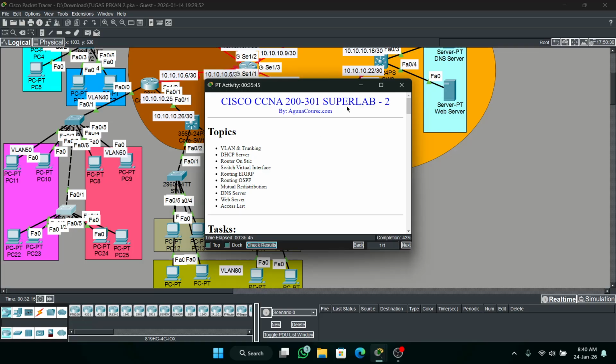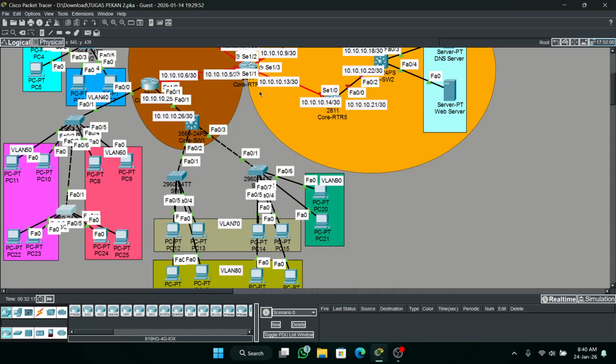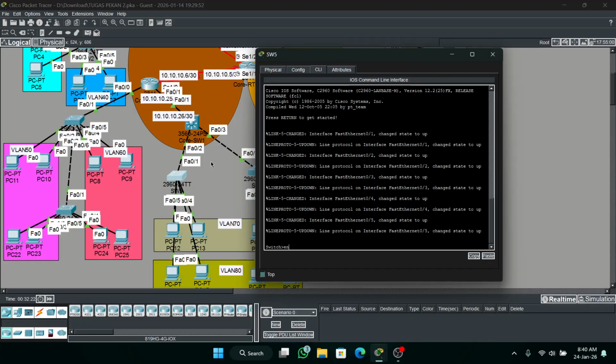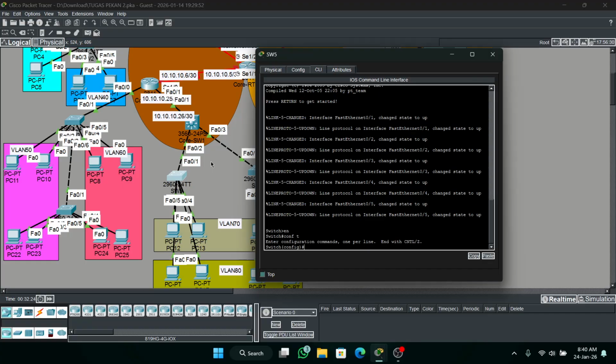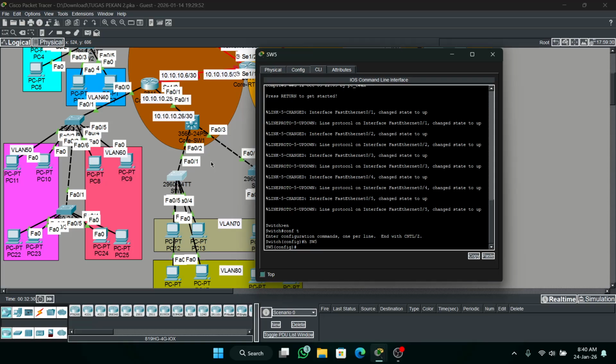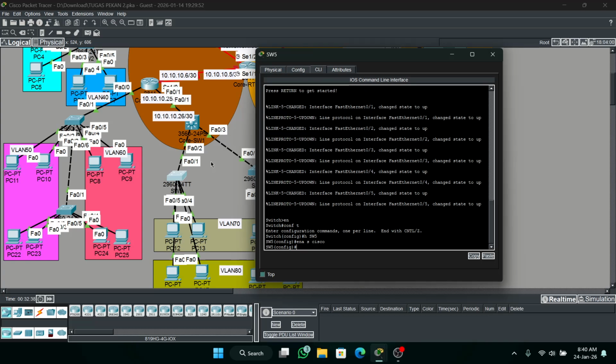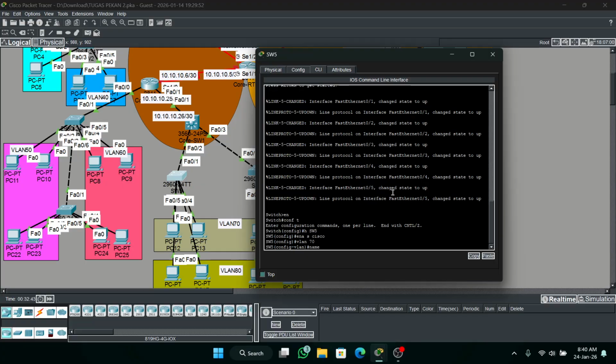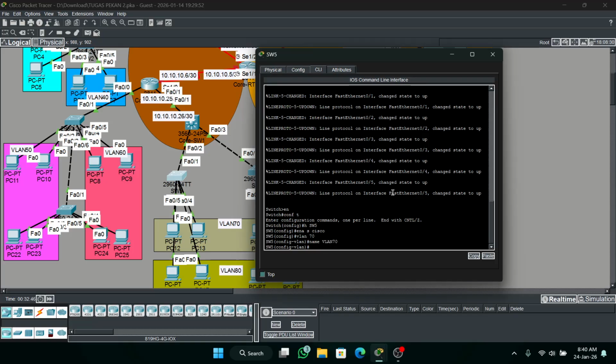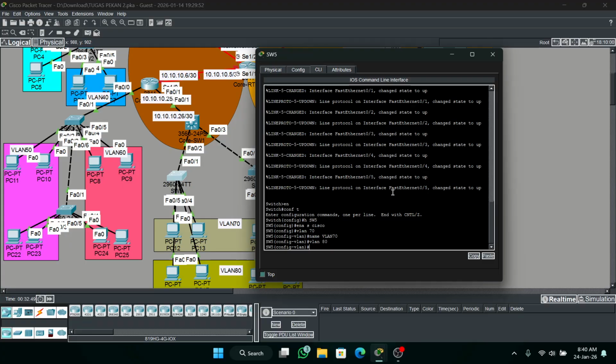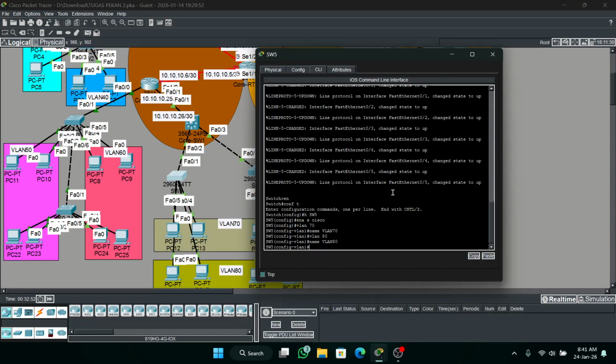Okay, I will configure the VLANs manually. Change the hostname, then enable secret. VLAN 70, name VLAN 70. VLAN 80, name VLAN 80. Okay,